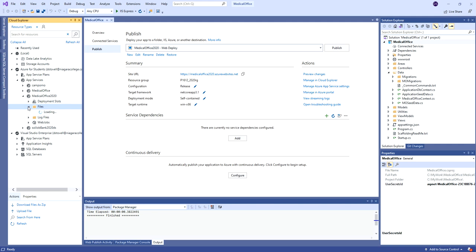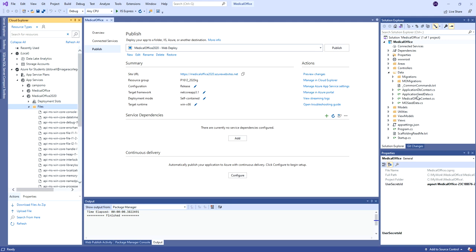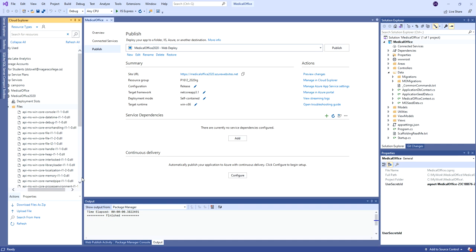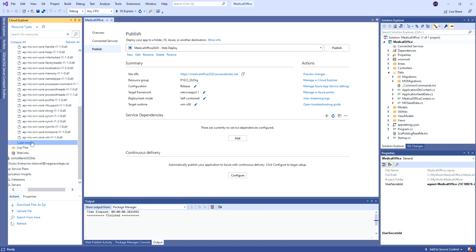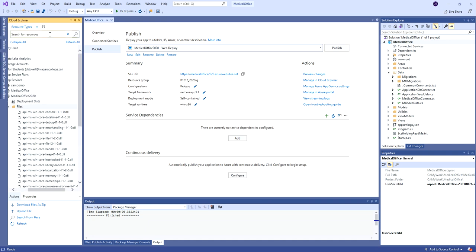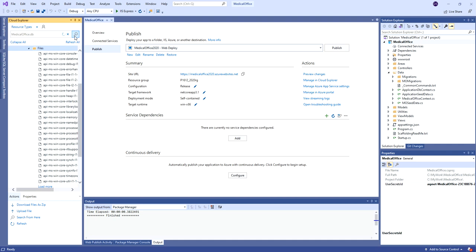But I'll tell you right now, the file structure looks nothing like what we're used to seeing over here in the Solution Explorer. So yeah, it's not exactly a trivial task to go through and find, because there's all kinds of files up there. So, the easiest thing is, oh, look at that, search Medical Office .db, that's the name of my database. So if I search for that,